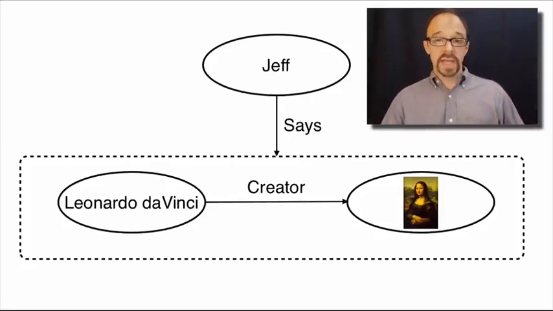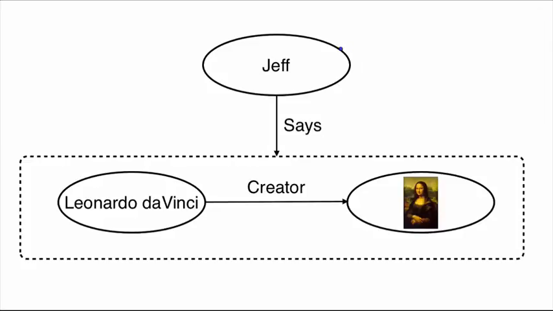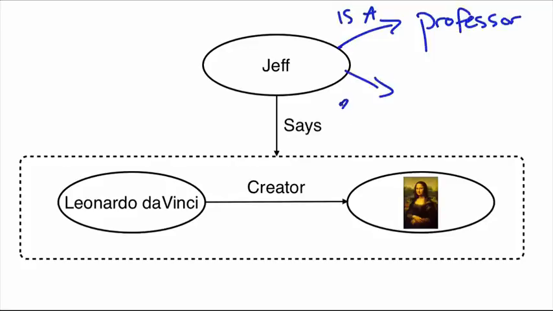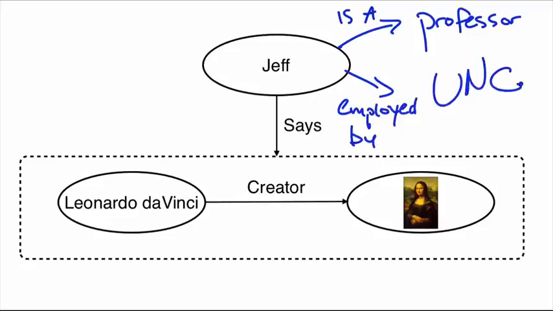Now, because you're using a linked data browser, let's say, when you get that data about the Mona Lisa back, you also retrieve some data about me. So let's say, for example, we have these other triples, right? Pomerantz is a professor. Pomerantz is employed by UNC, etc. And we can have other triples pointing towards me or pointing away from me, triples where I am the subject versus where I am the object, etc.